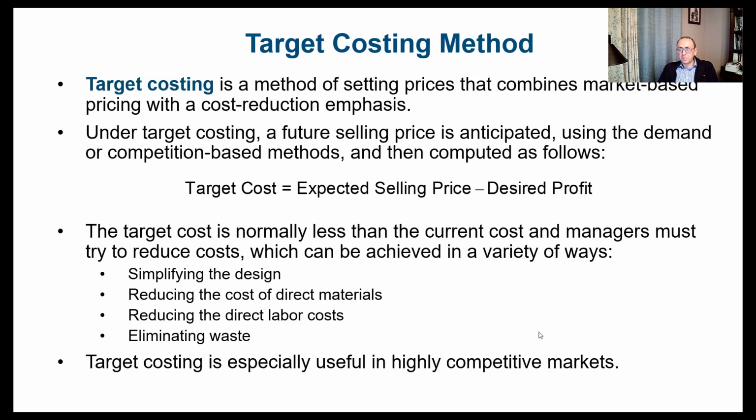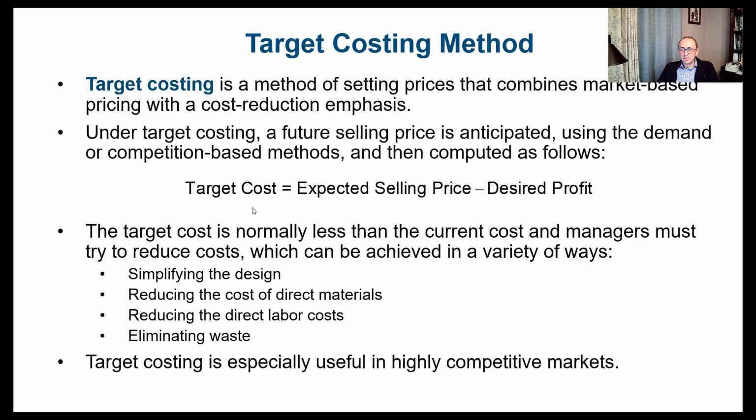Now let's talk about something called the target cost method, the target costing method. So the target costing method is a method of setting prices that combines market-based pricing with a cost reduction emphasis. So under target costing, a future selling price is anticipated using the demand or competition-based methods and then computed as follows. So it would be the expected selling price minus the desired profit. So this is what we want to sell it for. This is what we hope our profit to be,